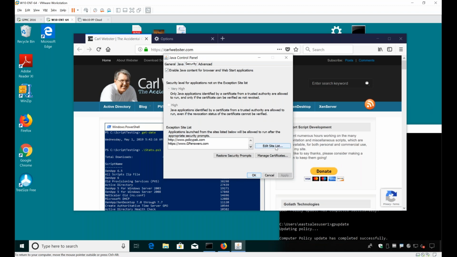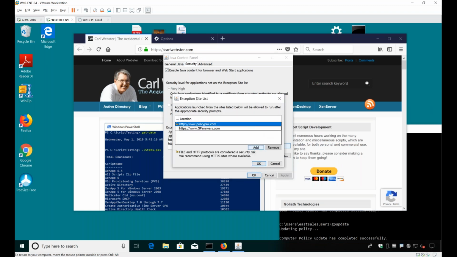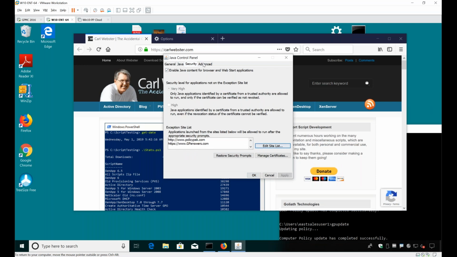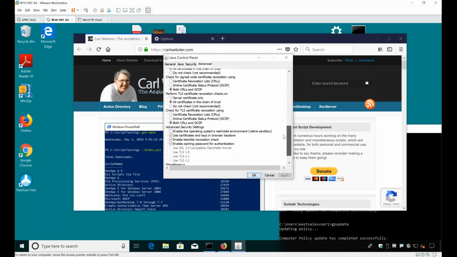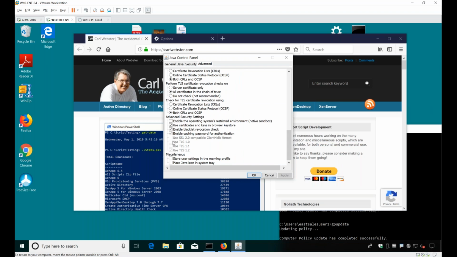We've got the site exceptions list, and this is Webster being naughty and trying to work around my settings. Sorry, buddy, can't do that. I'm in charge, not you in this case. You're usually in charge, but not here. And then if I were to go down to those security settings, bang, bang, bang, I've unchecked all those insecure settings and checked the secure setting and locked it down so users can't be naughty and work around it.